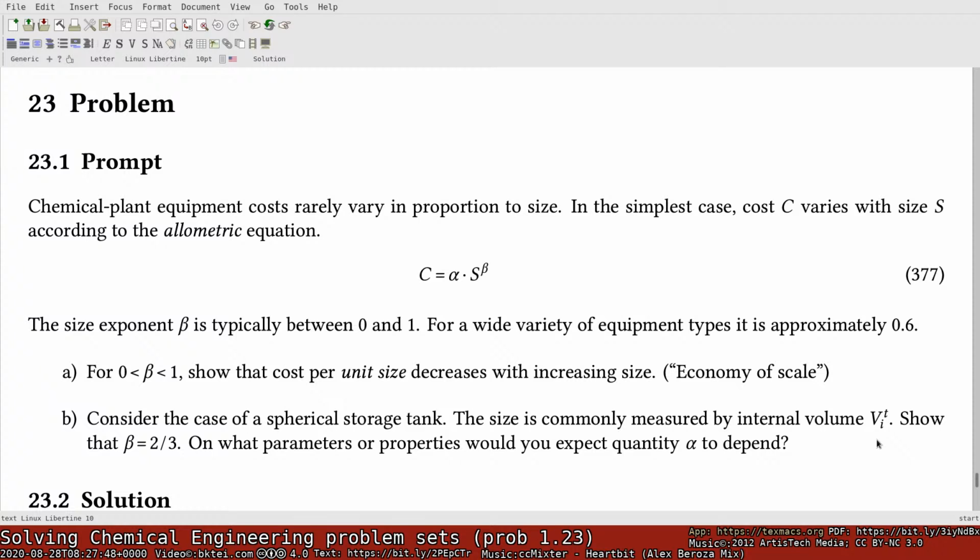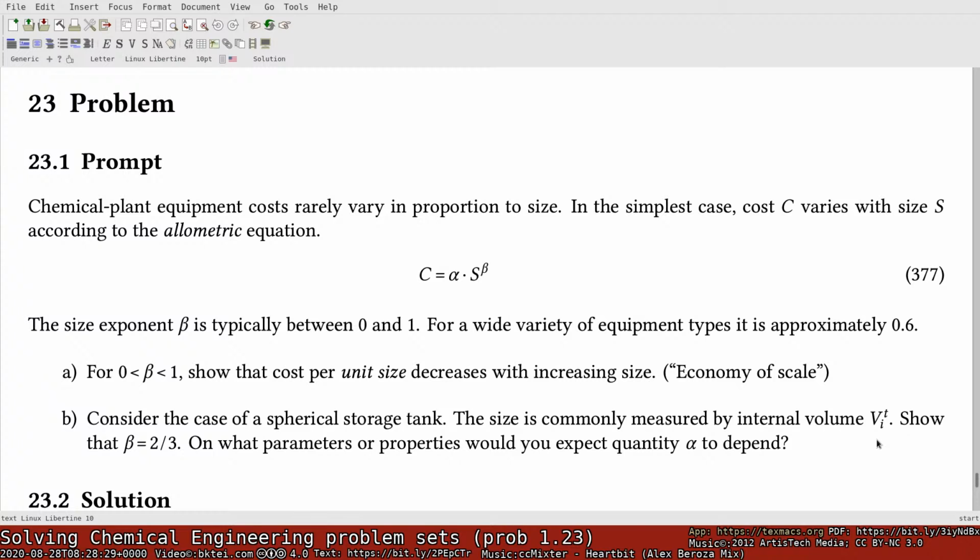And so it seems like size. Now, what is the unit of size? Size is commonly measured by internal volume. So the size variable seems to be dimensionless on purpose, which I guess it has to be for any exponent or logarithm. So size could be any variable with any unit, so long as that unit is